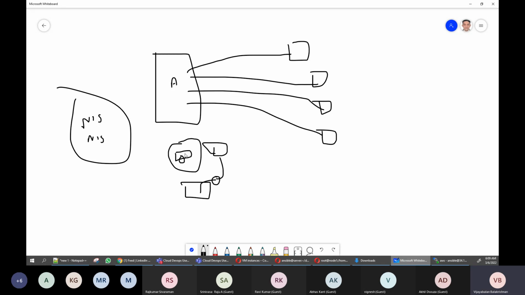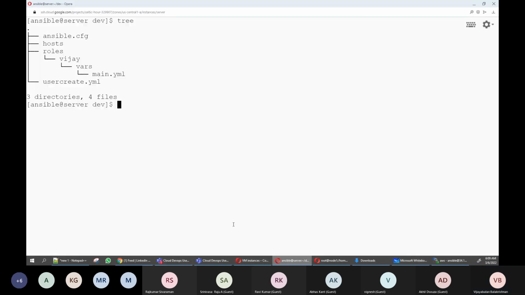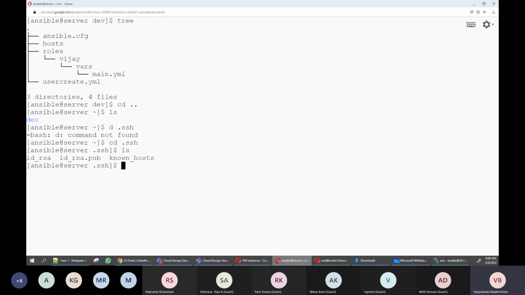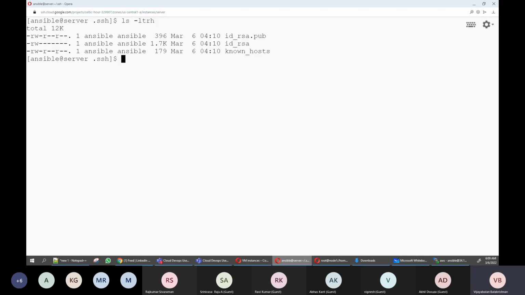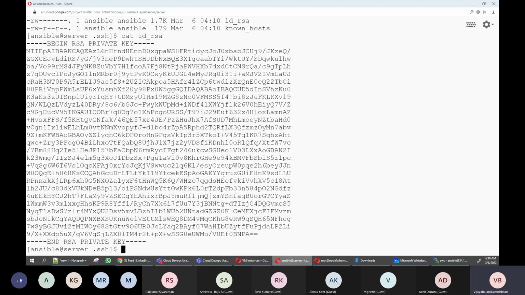The functional user ID does not use a password. Currently, we are enabling SSH password, right? So what they will do is create a key. How will they create a key? The SSH key. So I'm just going outside: ls, cd .ssh. There is a file, id_rsa, right? ls -ltrh. So if you take this id_rsa file,